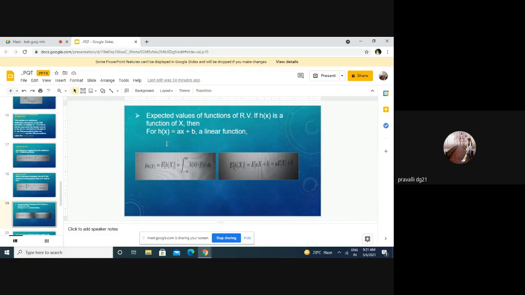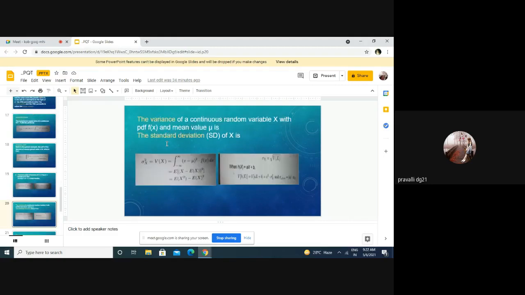Expected values of functions of a random variable. If h(x) is a function of x, then for h(x) = ax + b, a linear function, the expected value is a times E(X) plus b. The variance of a continuous random variable X with PDF f(x) and mean value mu, and the standard deviation of X,